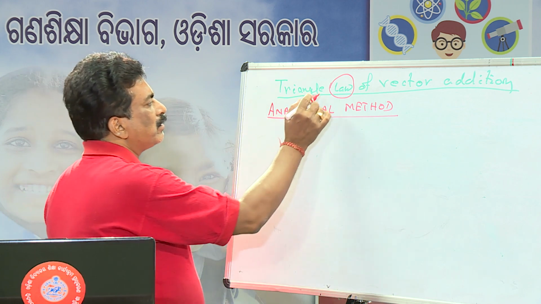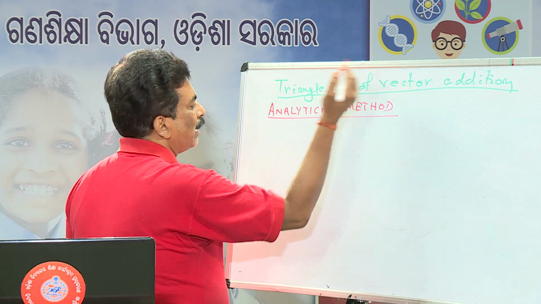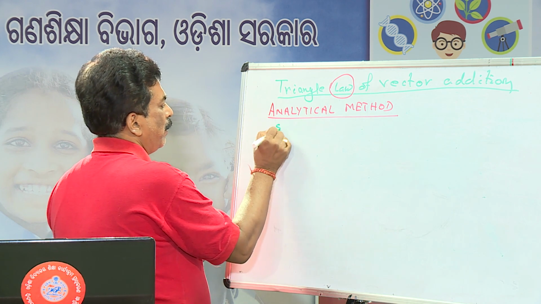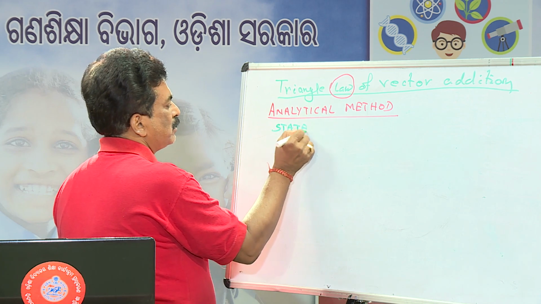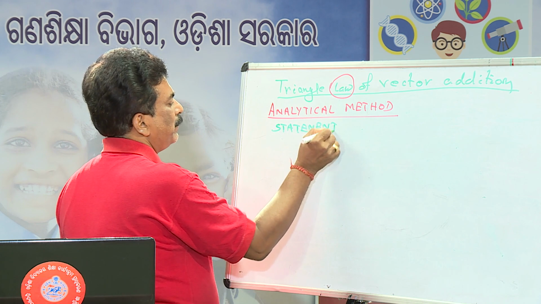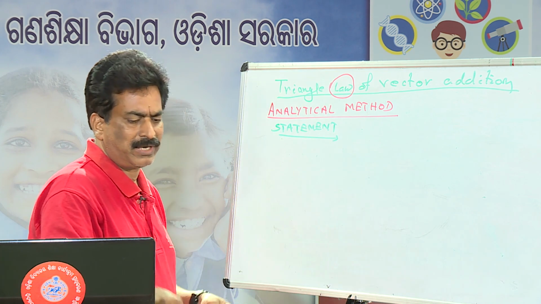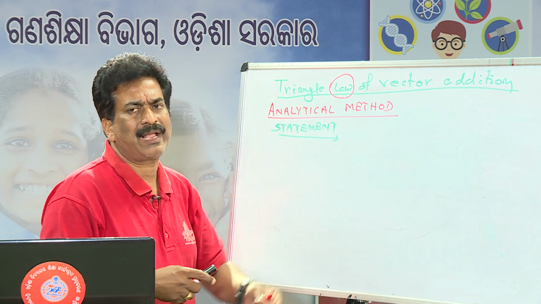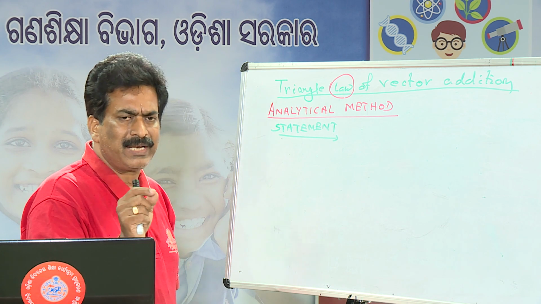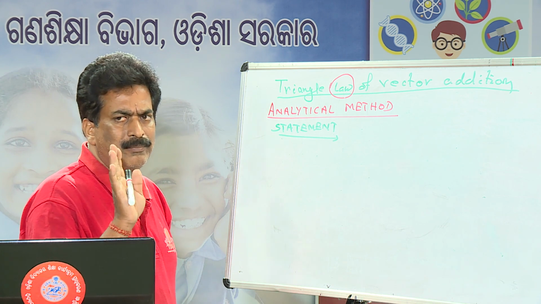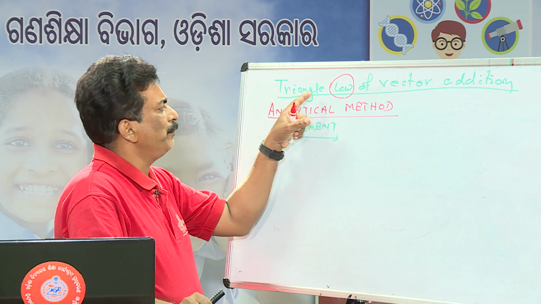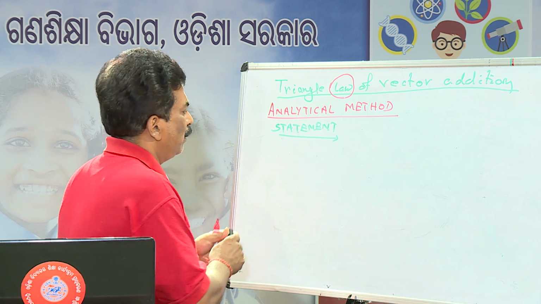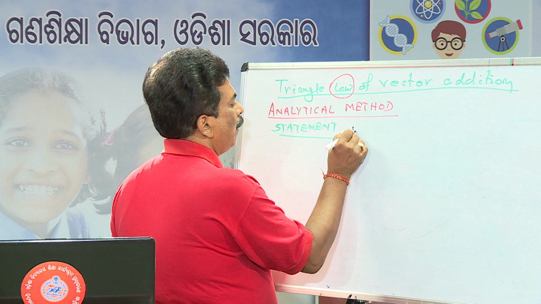Whenever there is a law, there must be some statement. So either it is the analytical method or the graphical method, there is a statement. What is that statement? First you understand about that. Though I explained it for the triangle law, at least two vectors, and not more, minimum two vectors must be provided. The resultant will be the third one, therefore it forms the triangle law. For the statement: